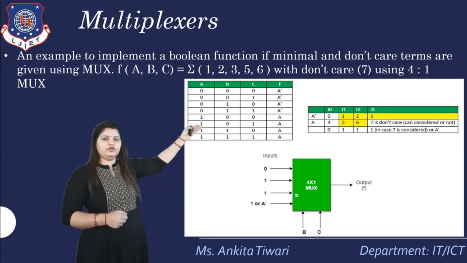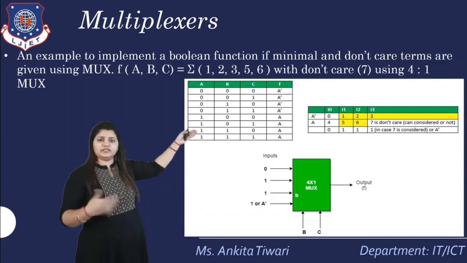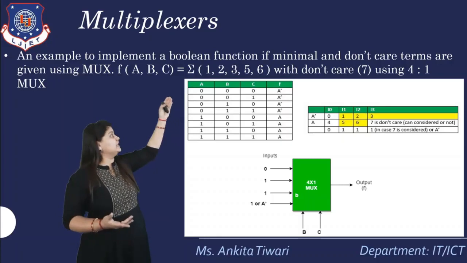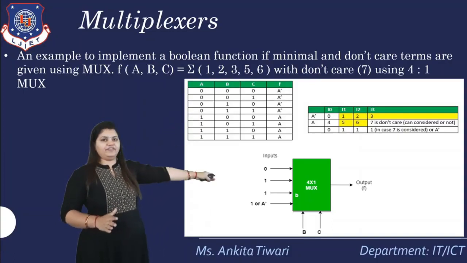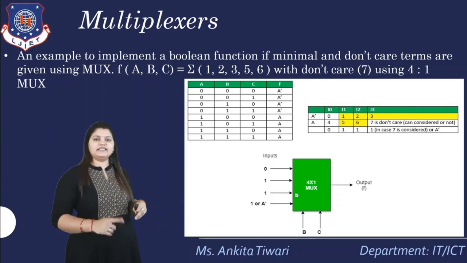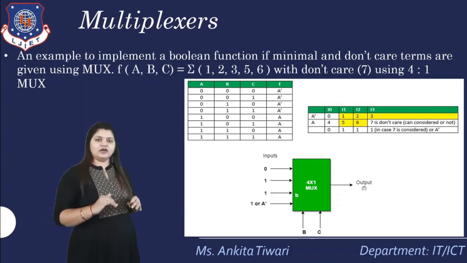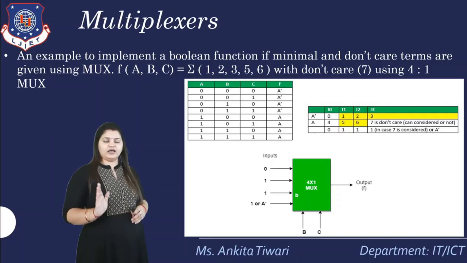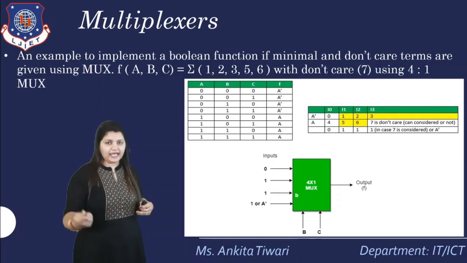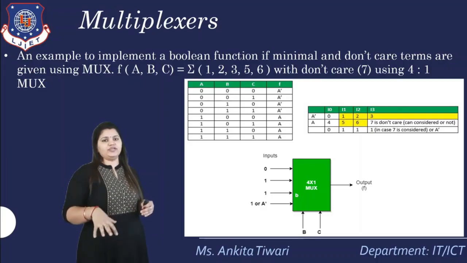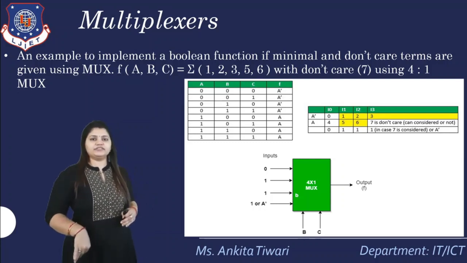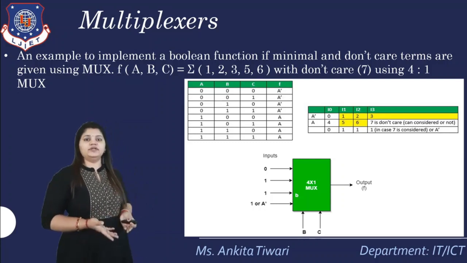So what will you do? The table is the thing which is given in the question itself, that is A, B, C, and the question gives minterms 1, 2, 3, 5, 6. So these many are active. You will put F there, and you have to take one variable as a common variable. Otherwise you can take A, B or C. Here we are always taking A as an input and B, C as selection lines. So we are reducing it to a multiplexer by taking A as an input itself.